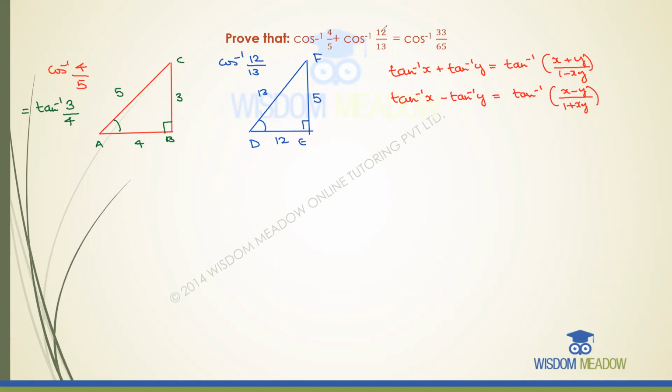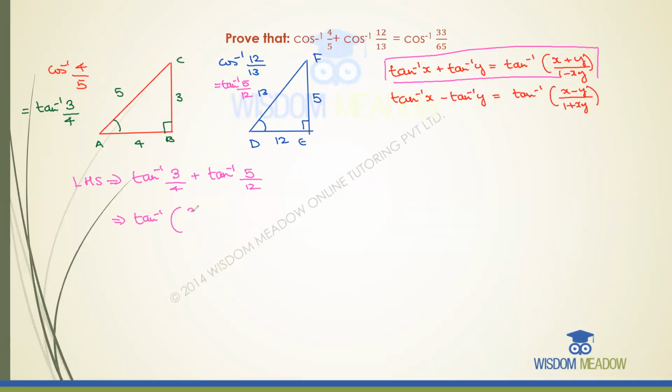So now this is same as tan inverse of opposite over adjacent, 5 over 12. So the LHS finally becomes tan inverse of 3 over 4 plus tan inverse of 5 over 12. Now using the formula, that is the one I noted over here, I can use this formula. So that's going to be tan inverse of 3 over 4 plus 5 over 12 over 1 minus 3 over 4 times 5 over 12,